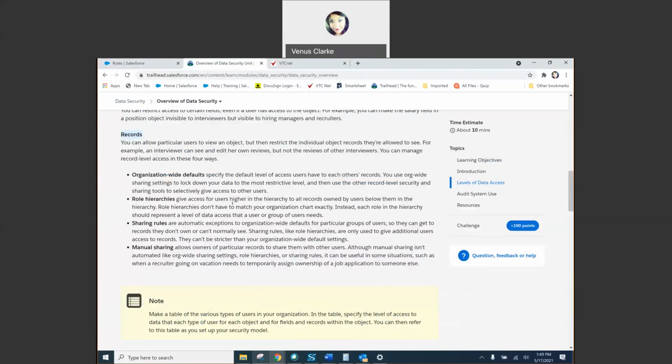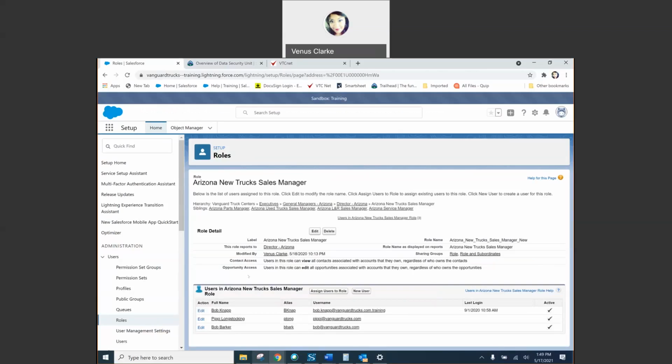Role hierarchies do not match your organization's chart exactly. Instead, each role in the hierarchy should represent a level of data access that a user or group of users needs. Again, coming into an established organization, they'll already have these lined up for you. Your role is to make sure that the right users get the right roles. And if one day they say, hey, Venus, we've changed our policy for Arizona new truck sales managers, which is the name of this role,